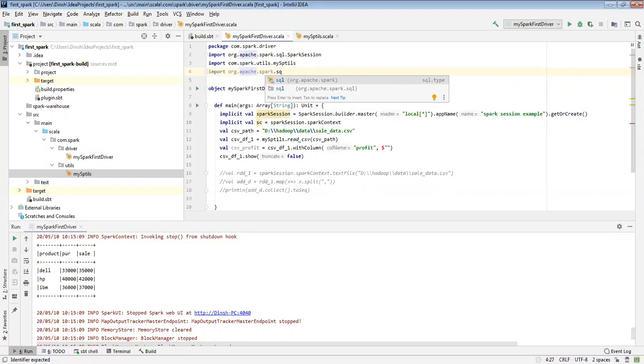All the Spark SQL related functions are available under this package, so we just call this package.